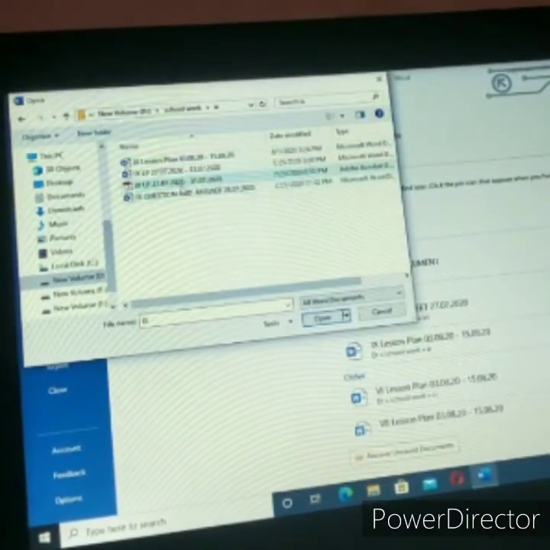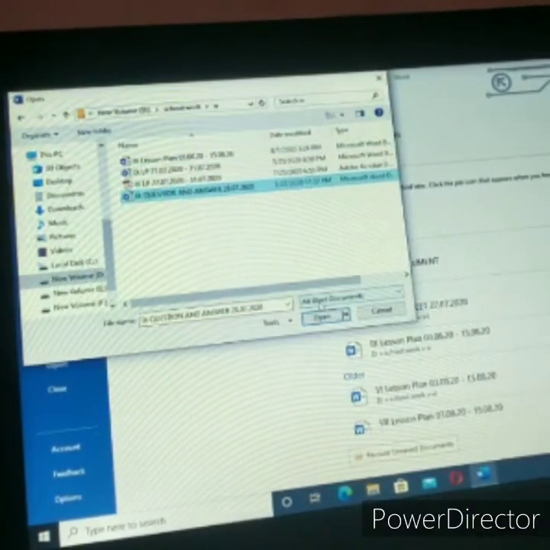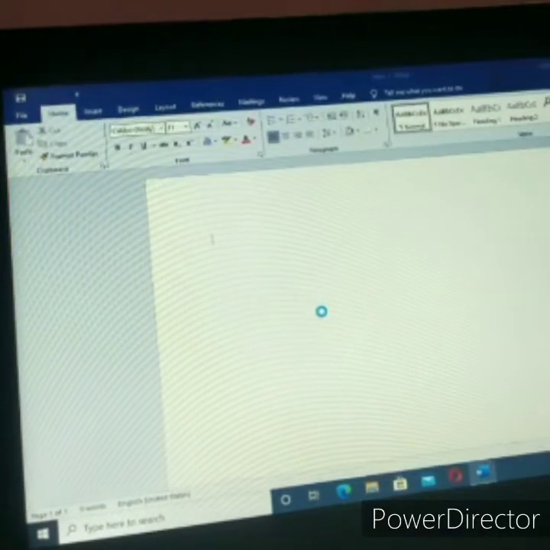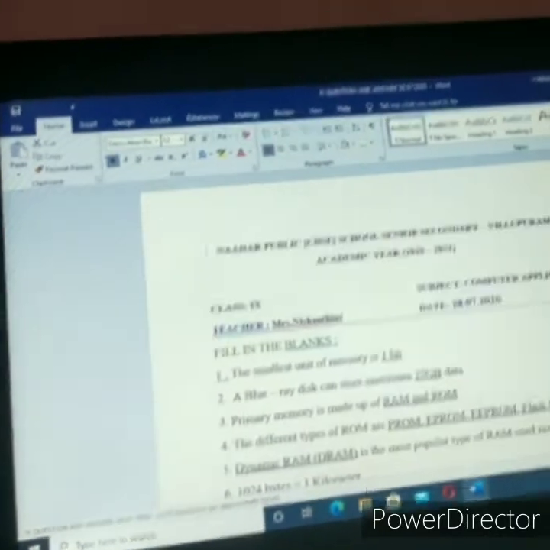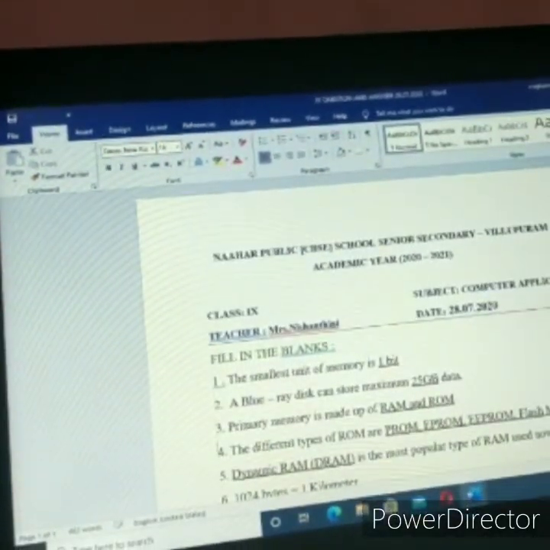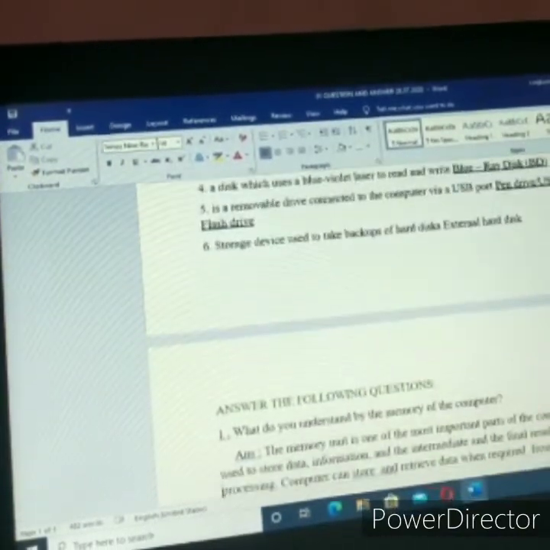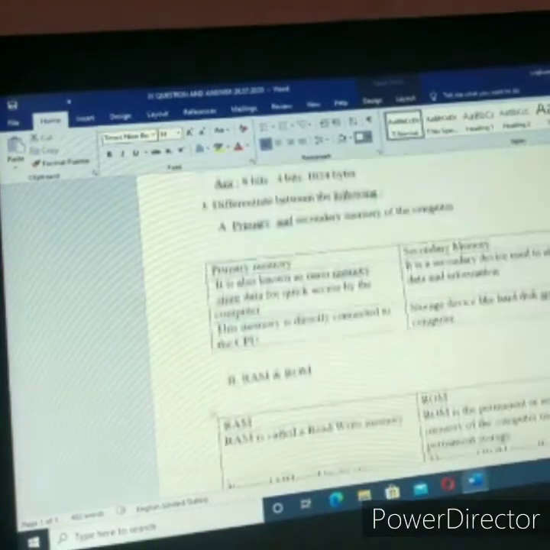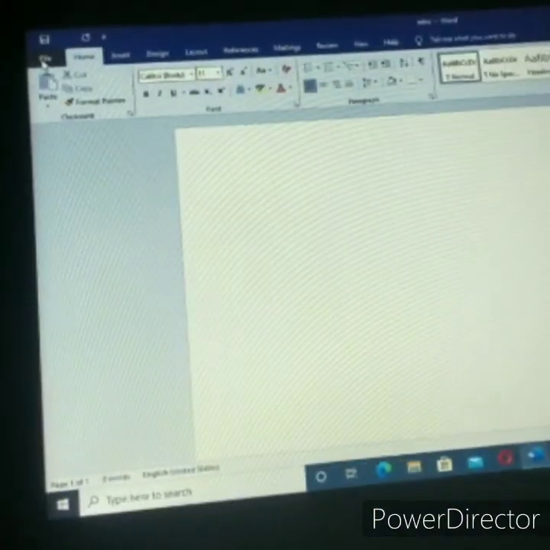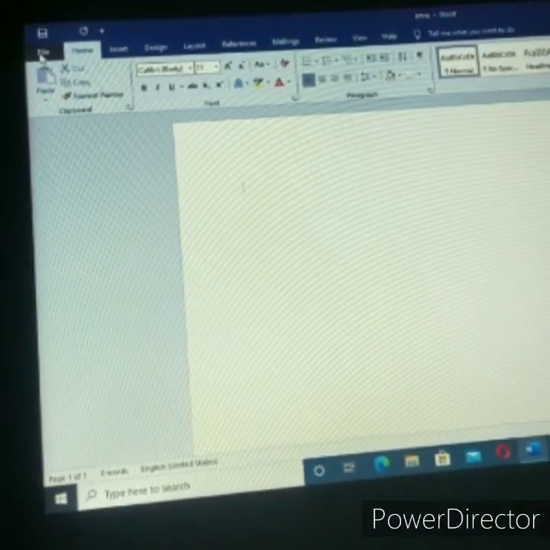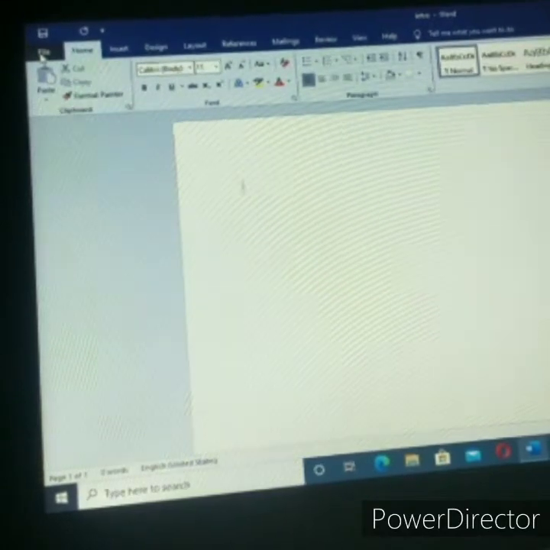Here my file is. I click this file, then Open. Here you can see your existing file. That's all, children, so now we have learned how to open an existing file.